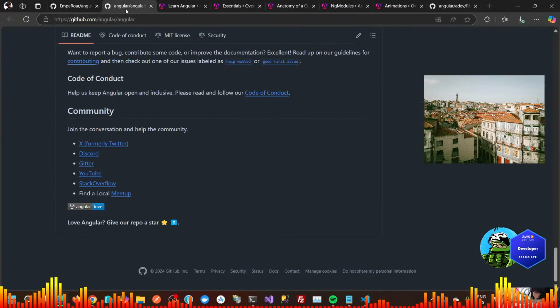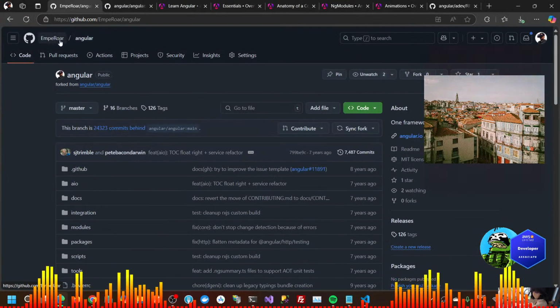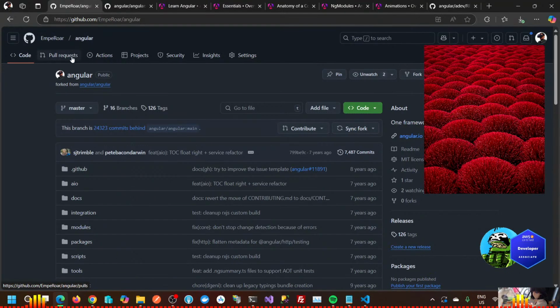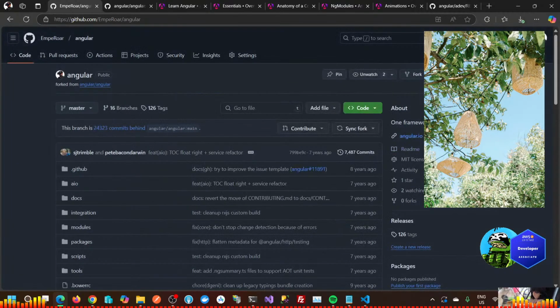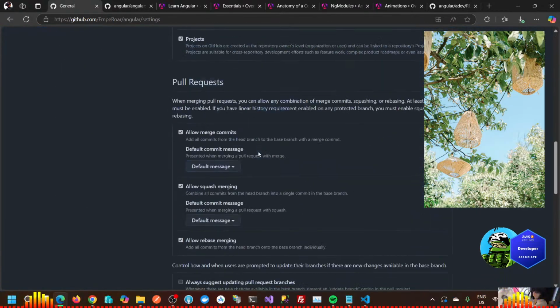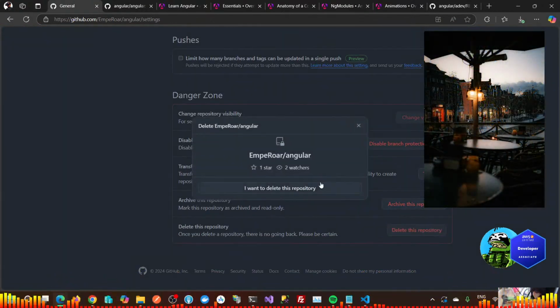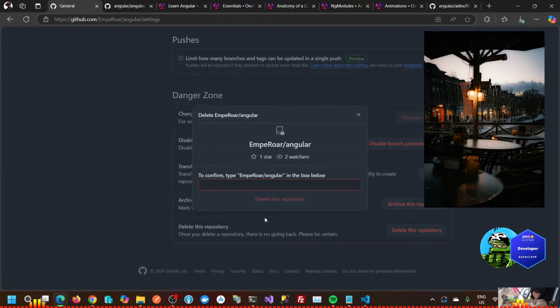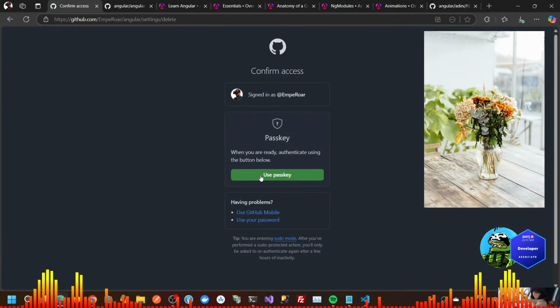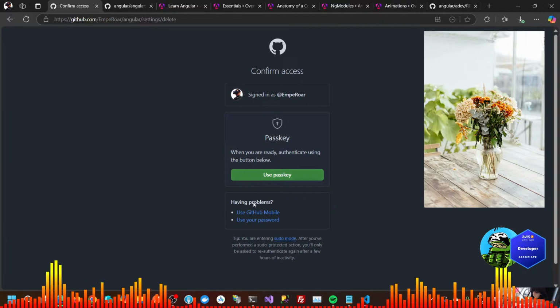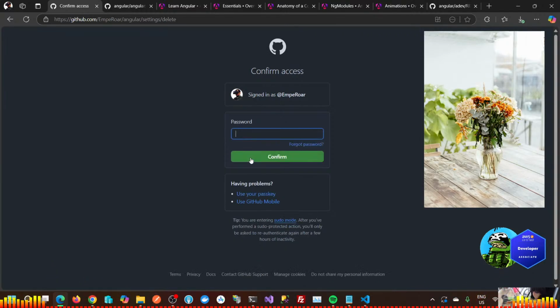Okay, maybe the one that I forked is not the latest one, so I'll maybe remove this project. Go to settings, then let's delete this repository. And then, oh man, use password.